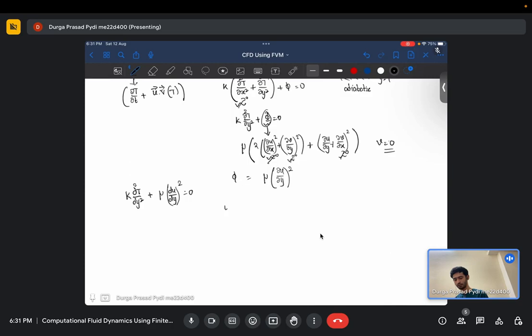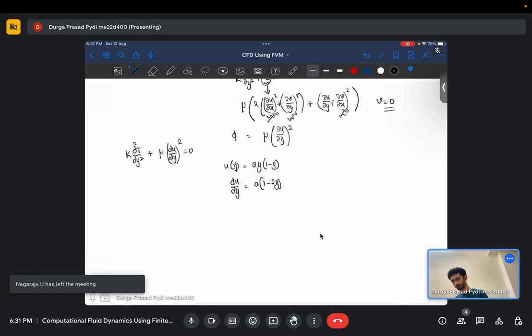We already know the velocity profile. U of y is some constant times y into 1 minus y. Just plug it back in. So du/dy is essentially a into 1 minus 2y. So you'll be having d square T by dy square plus some constant into